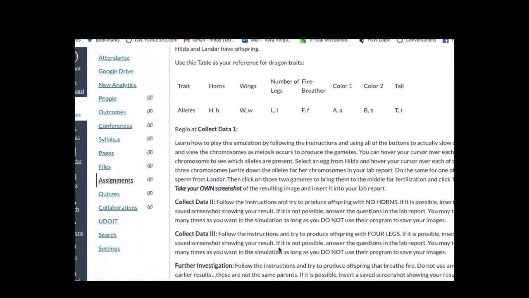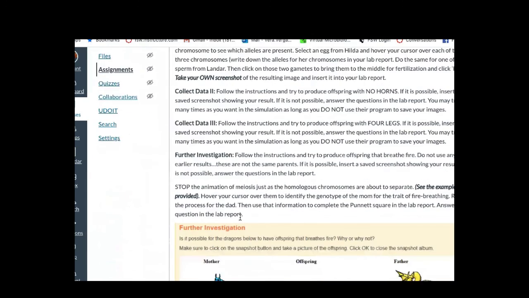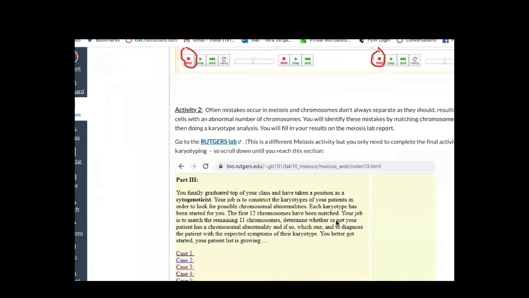But again, before you do anything, read the information, showing you how you're collecting your data, what you're putting it in, and what you're going to be getting. And then you're going to be asked questions, well, what phase of meiosis is this? So when we look at